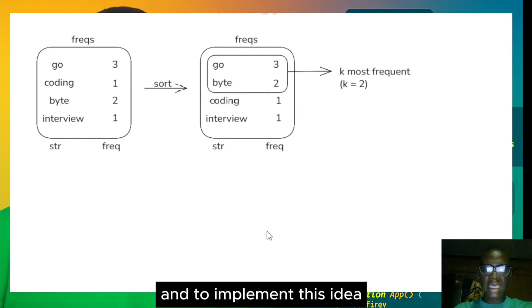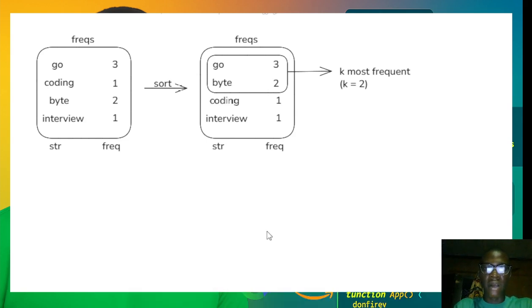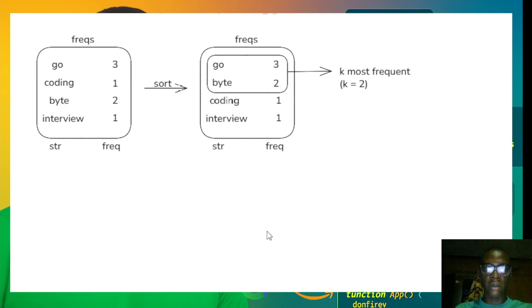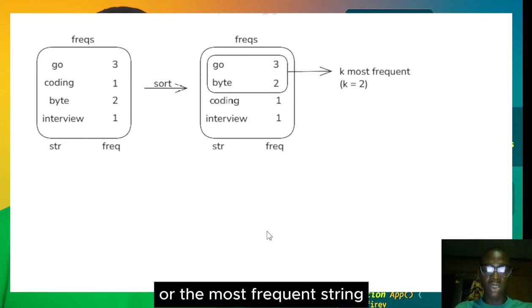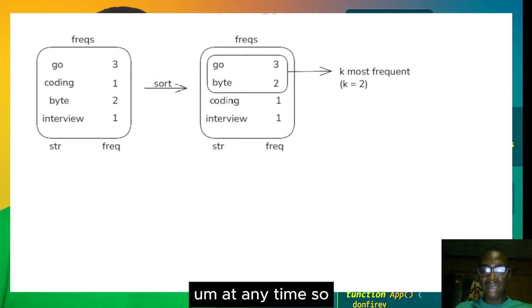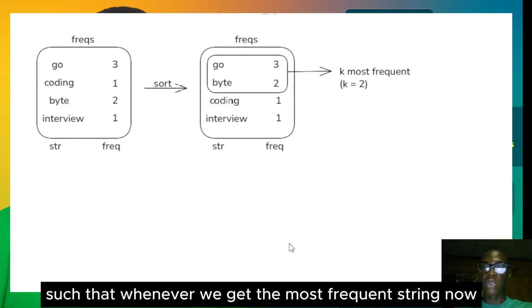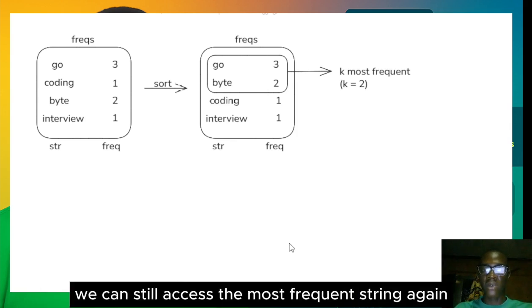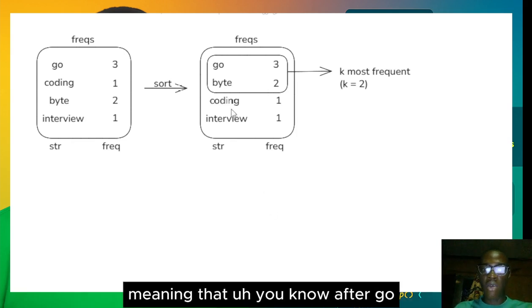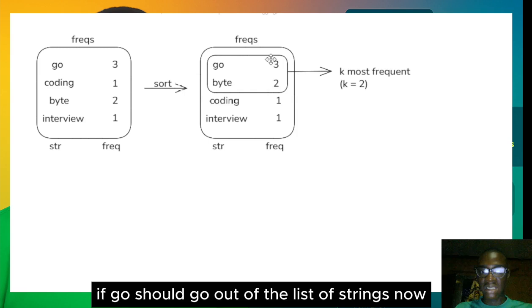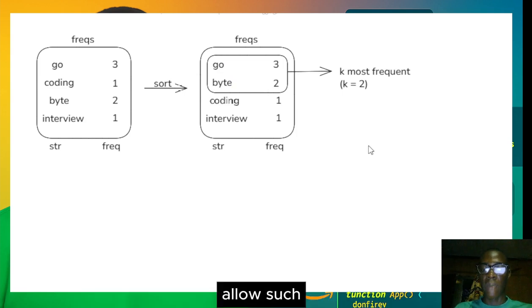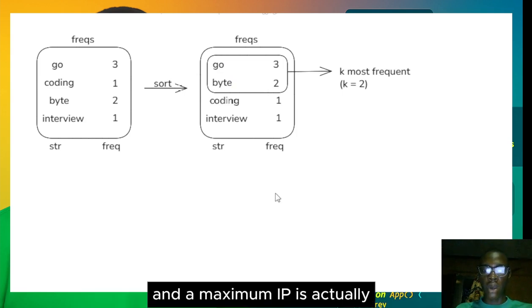And to implement this idea, we are going to need a data structure that will grant us access to the most frequently occurring string at any time. Such that whenever we get the most frequent string and we remove it, we can still access the most frequent string again, meaning that after go, if go goes out of the list of strings, byte will be the most frequent string. So we need a data structure that will allow such, and a maximum heap is actually suitable and ideal for this,